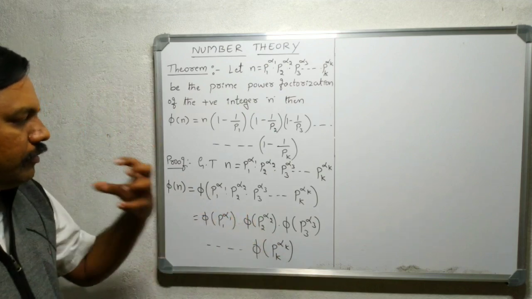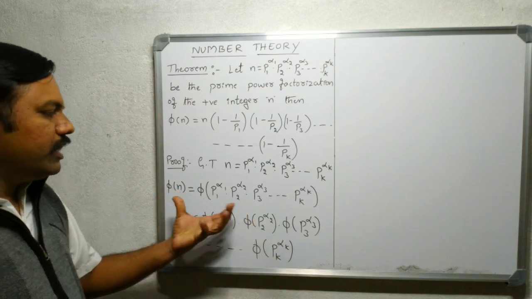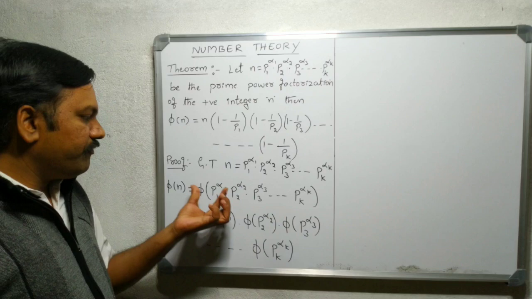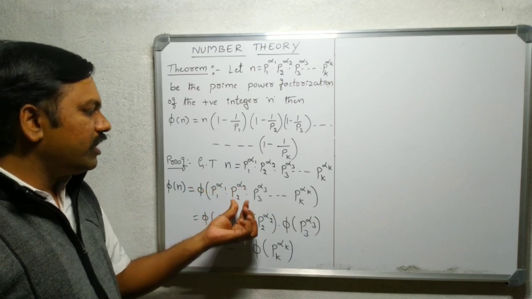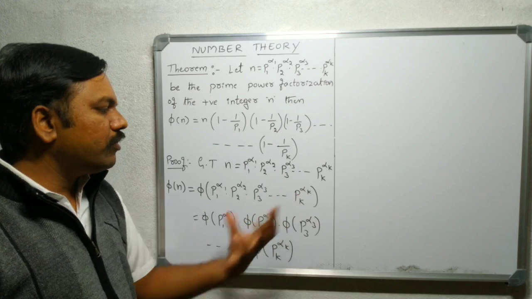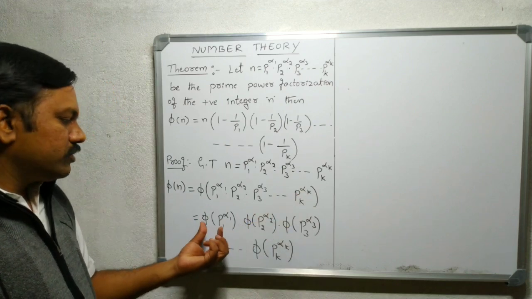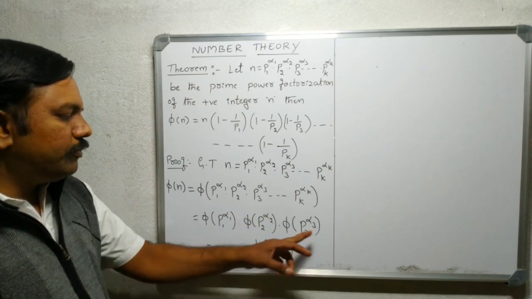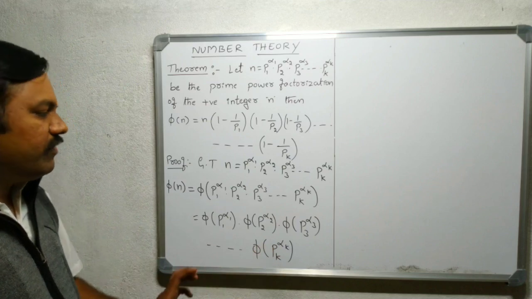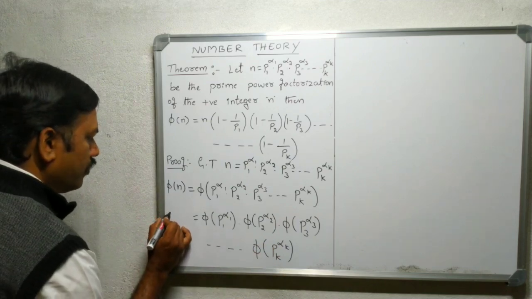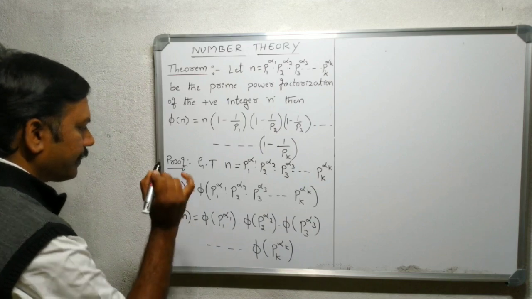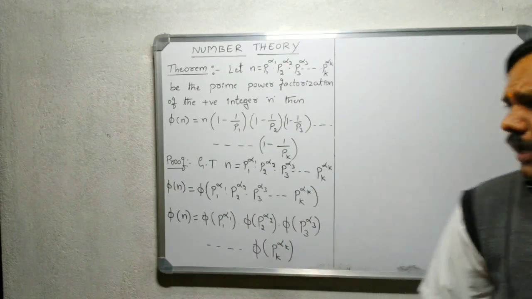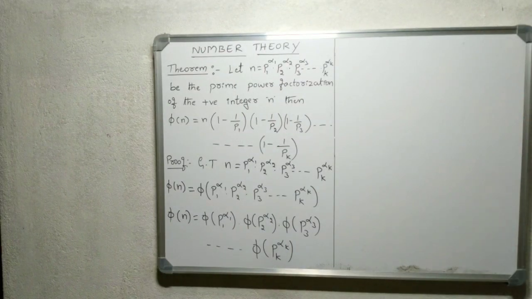Did you understand? I told you in the last theorem, if phi is a multiplicative function and n can be written as a prime factorization, then phi of p1 to the power of alpha 1, p2 to the power of alpha 2, p3 to the power of alpha 3, so on pk to the power of alpha k can be written like this: phi of p1 to the power of alpha 1 into phi of p2 to the power of alpha 2, phi of p3 to the power of alpha 3, so on phi of pk to the power of alpha k. It can be expressed in this format. Understood? Next, I already told you one format in the notes.